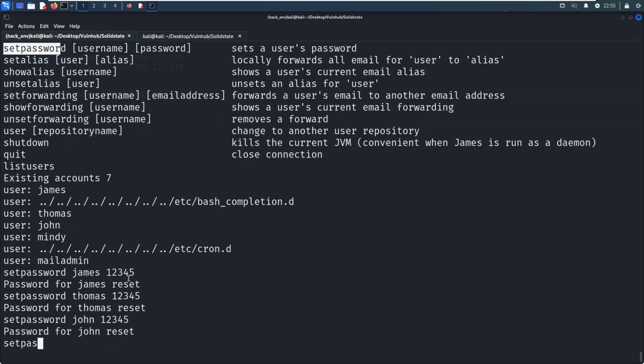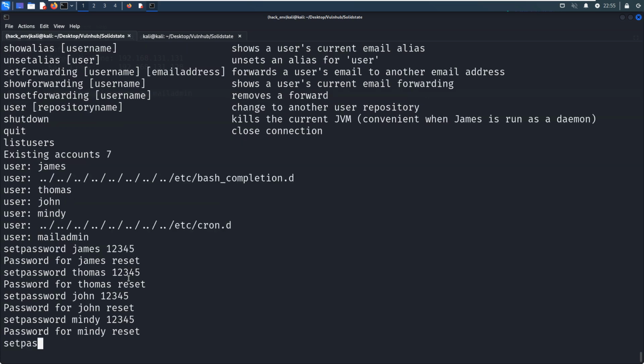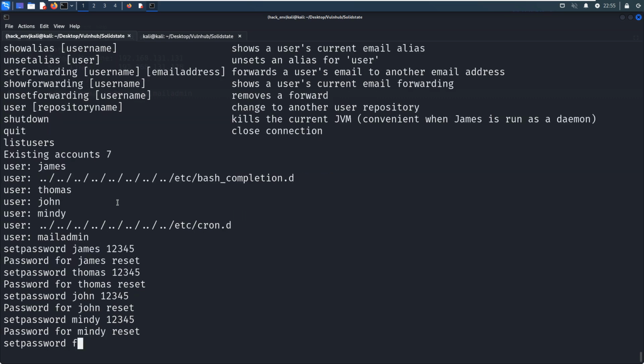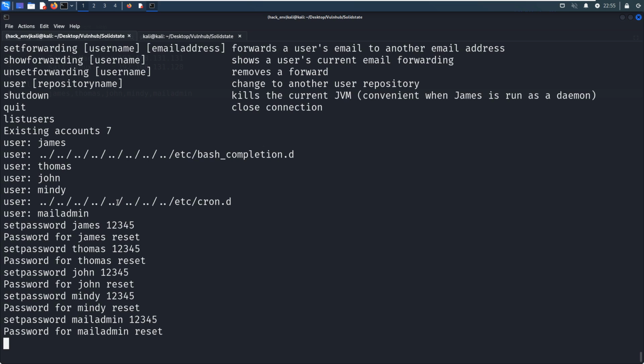Set password for which one? Mindy, 12345. Set password for mail admin, 12345. Okay, then I think we can quit.